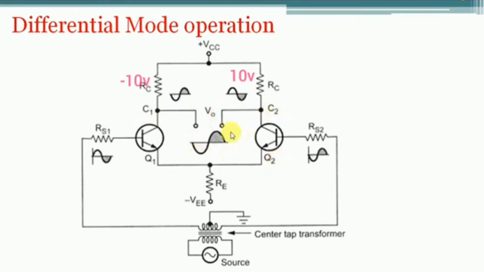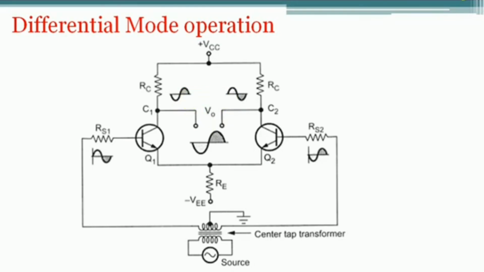Therefore, an output signal will be present in the differential mode of operation. Therefore, in the differential mode of operation at the collector terminals, we are obtaining the output voltage, that is the difference output voltage V0, in which these two signals